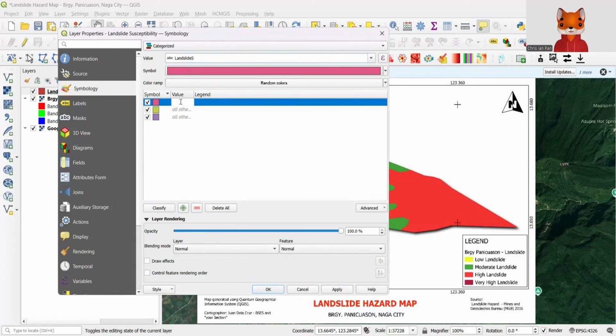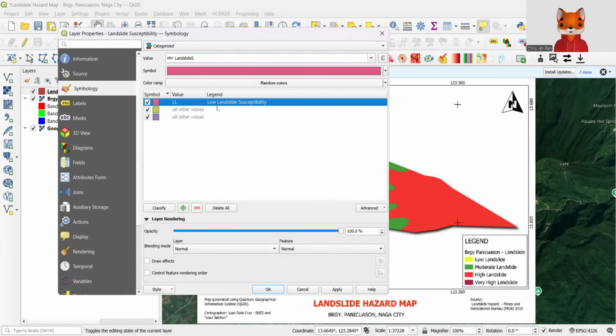The first value will be the low landslide susceptibility. So I can just type LL, for low landslide. And on the right side, in the legend, we will spell out the low landslide susceptibility.